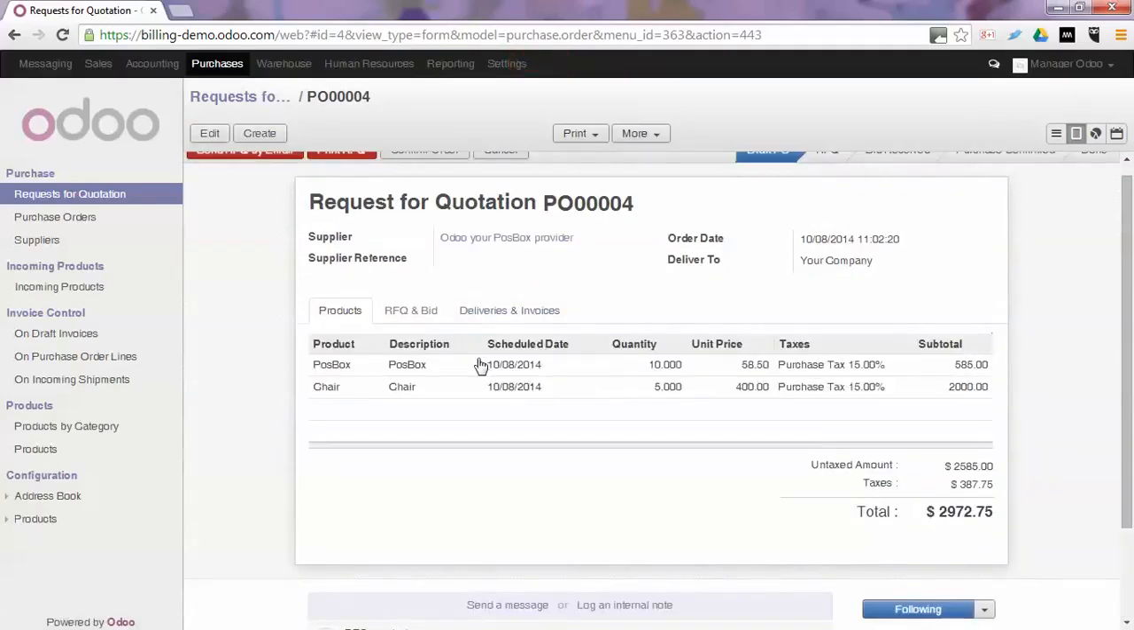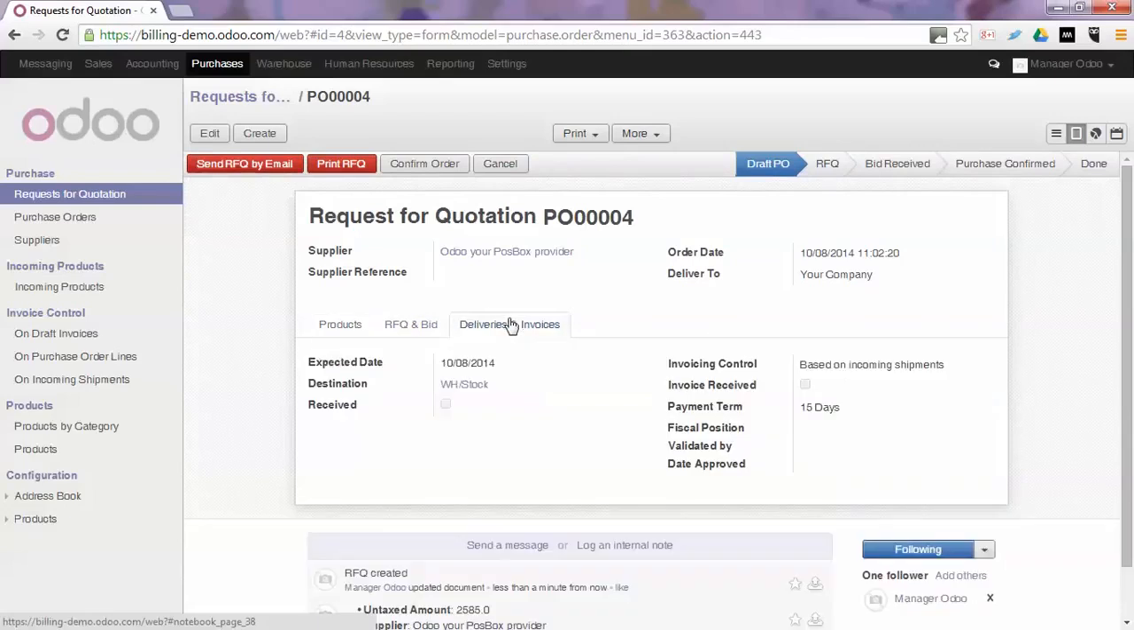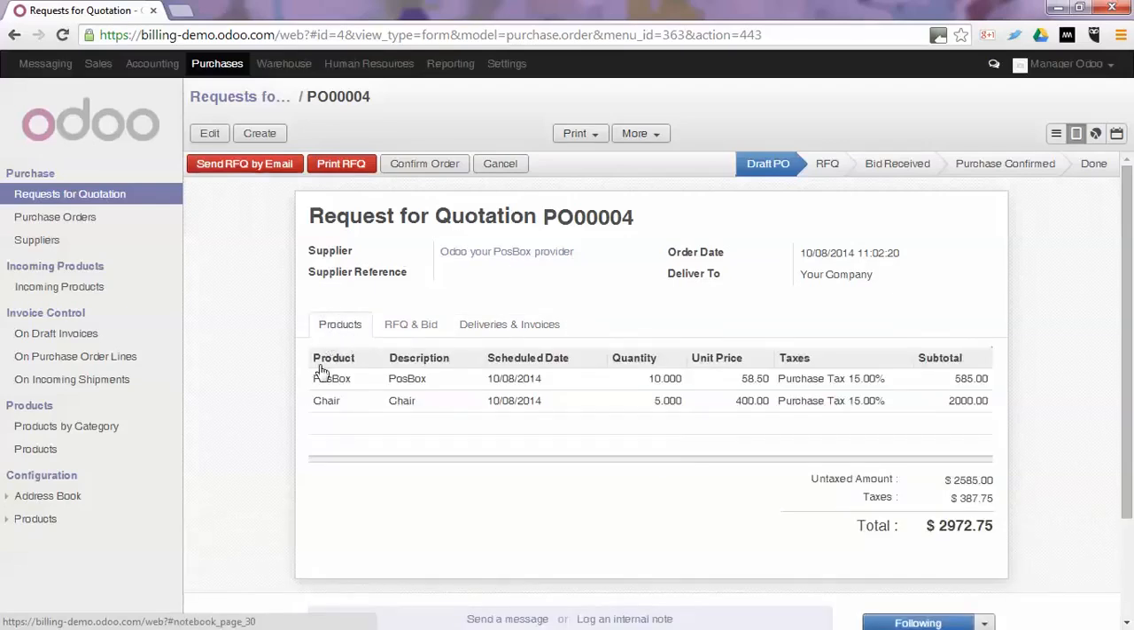the request for quotation. We go to deliveries and invoices and we see that the default invoicing control is now set to based on incoming shipments. So we created a new purchase order with several products and multiple quantities for which we will match the invoice based on the incoming shipments and the actually received quantities. So this will allow you to match your supplier's invoice to the quantities you have received. So we will confirm the order